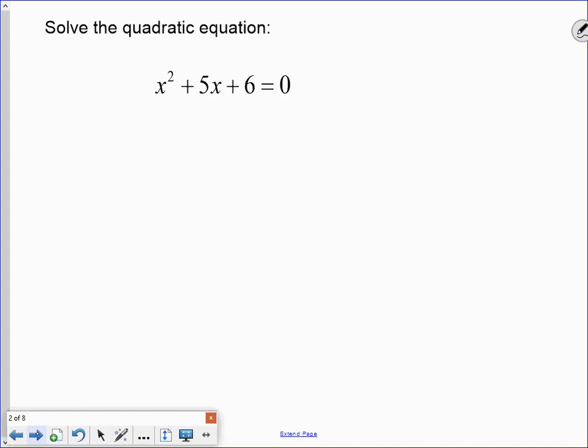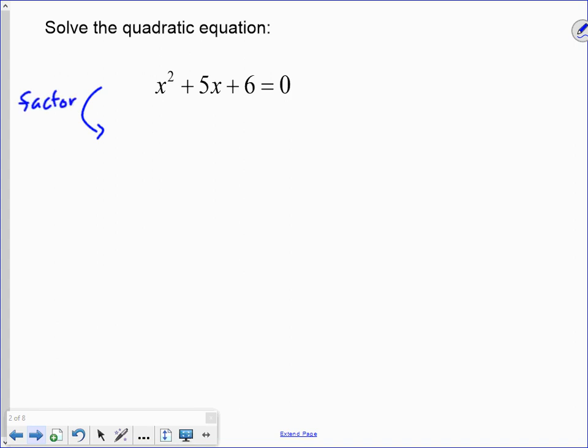So just as a bit of a review here, if we have a quadratic equation that looks like this, we know it's a quadratic equation. We know it's quadratic because we have the power of 2 on our x there, and we know it's an equation because we have the equal sign. If we were asked to solve this, we've been doing this for a while now. We know that we would take this and we would